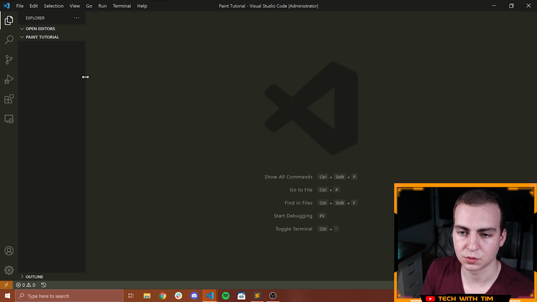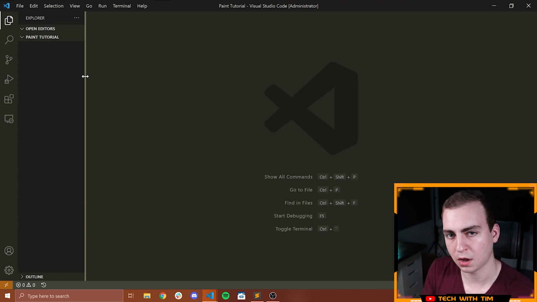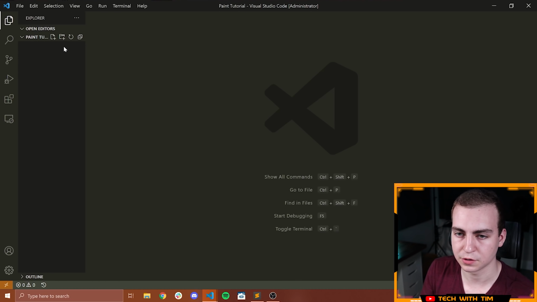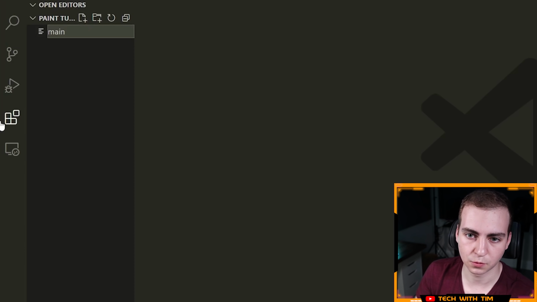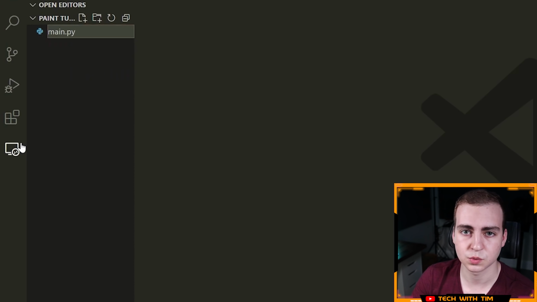It's a good practice and it will teach you a little bit about how to import modules and just structure a code base. I figured that would be valuable for you guys. Anyways, the first thing we're going to do here is make a file. I'm inside of a folder in VS Code. I'm going to call this one main.py.